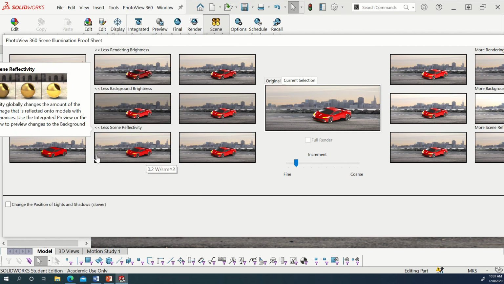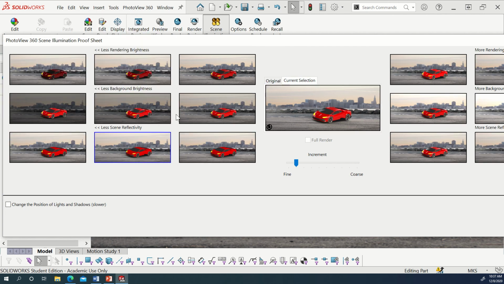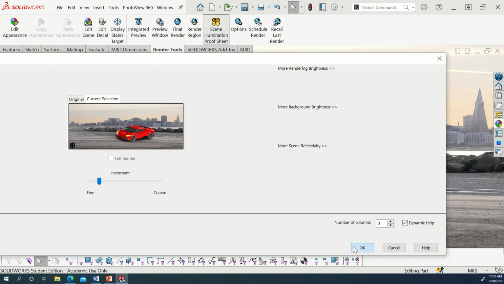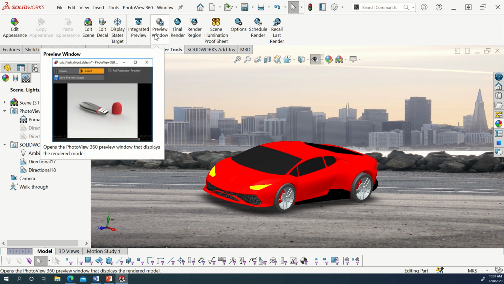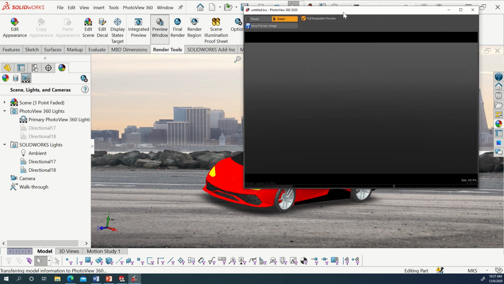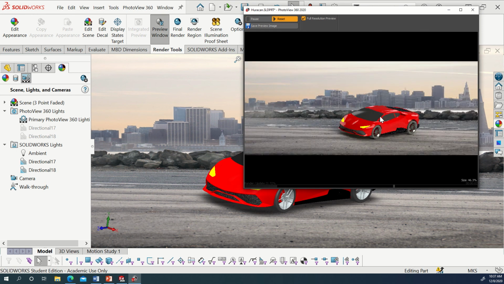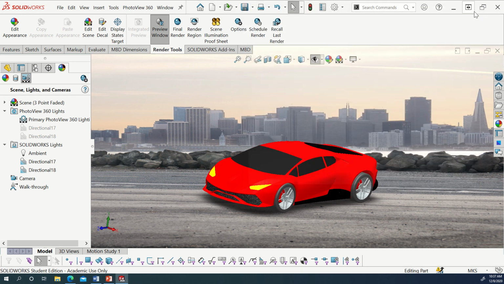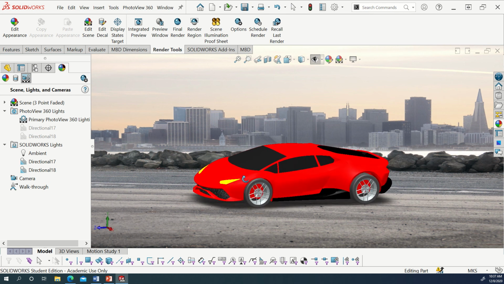And I'm going to select even less reflectivity and click OK. All right, now if I do the preview window, you can actually keep the preview window open while you're doing this and it will do it in real time. However, the laptop I'm recording this on, the graphics card is not the best, so it would just take a long time. All right, so then you can see in the preview, there's not as much reflectivity. I don't like the look of the changing lanes as much, so I mean the turning into the parking lot, so I'm gonna do the change lanes again. Okay,